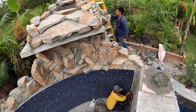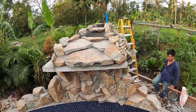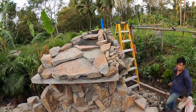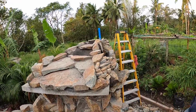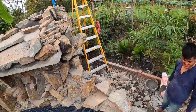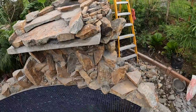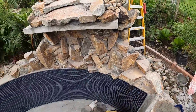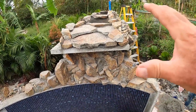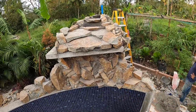Also over here, lots of work. You can see the waterfall is really coming into shape. I don't know if you can see, it's like the two little pools up there, and you can see there are some planters. I think he calls them plant boxes, right? Plant boxes. Yeah. Okay. And we have plant boxes on the side. We've got plant boxes on the top side over here. We have one over here near where the coping is, and I believe we have one over here also on top of the coping. So we'll have some real nice greenery going on with the waterfall along with the water coming down and the nice stoneworks. So coming